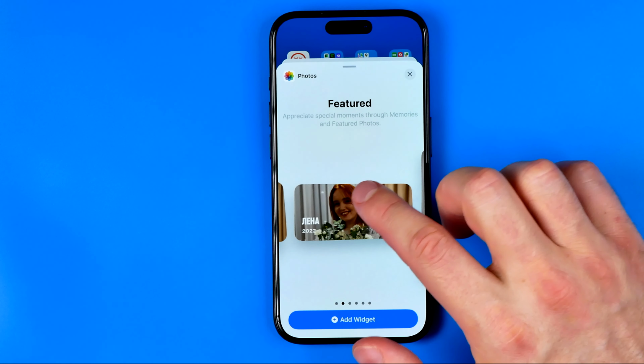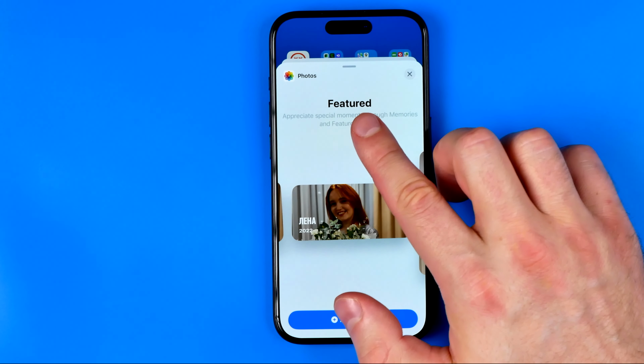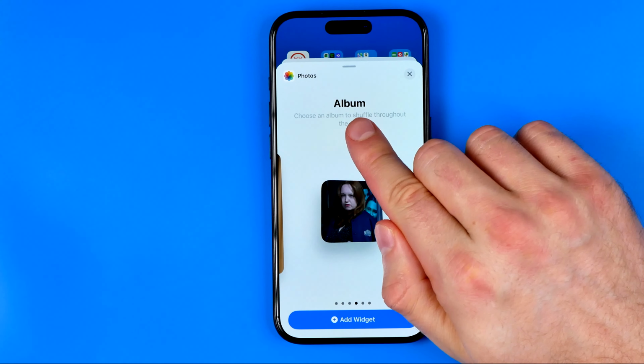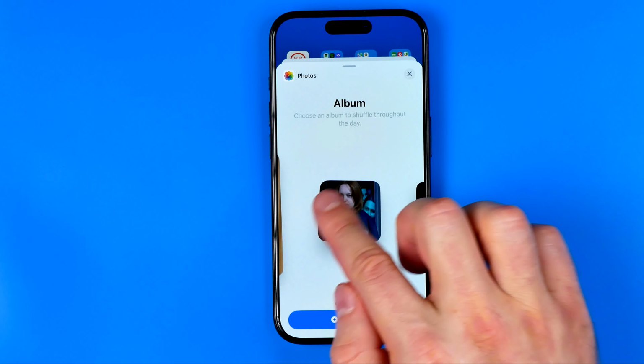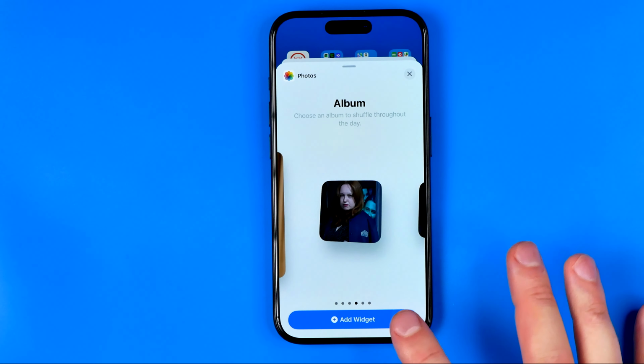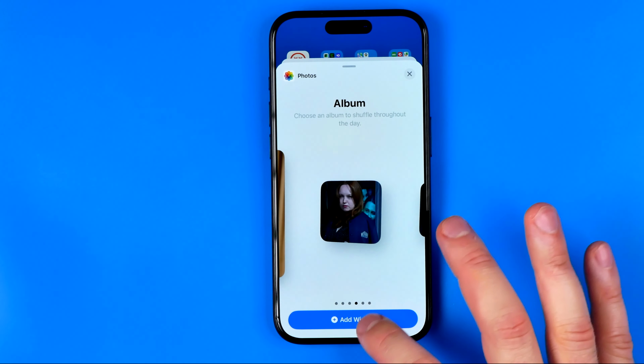There are two different categories, featured and album, and in each category we can choose from 3 widget sizes. If you want the widget to show specific photos, then I recommend you to select album. I'm gonna choose that size, and now to put this widget to the home screen, I'm going to tap right